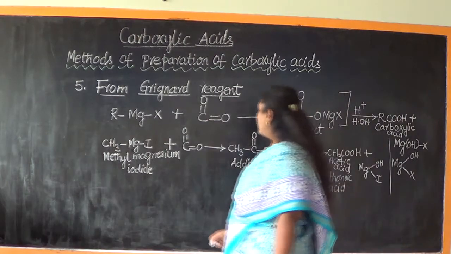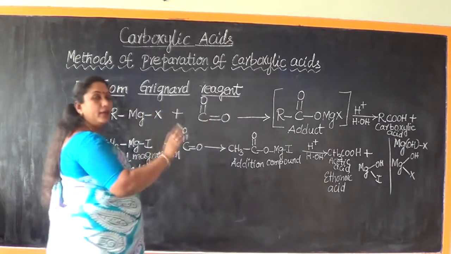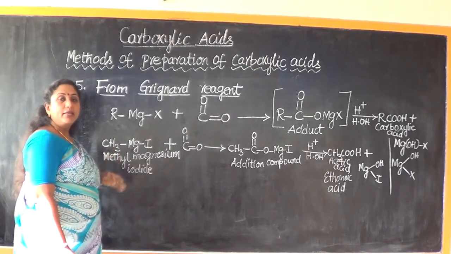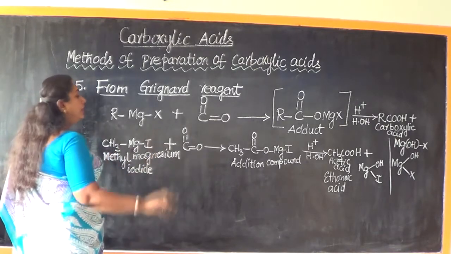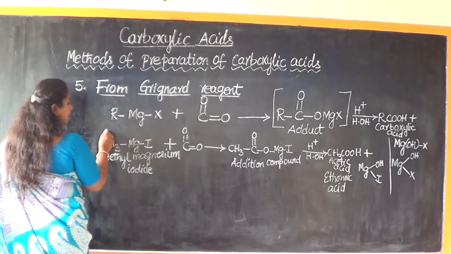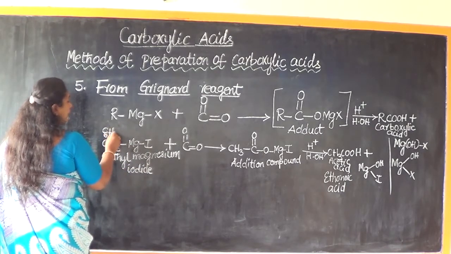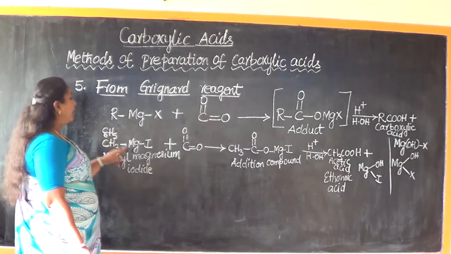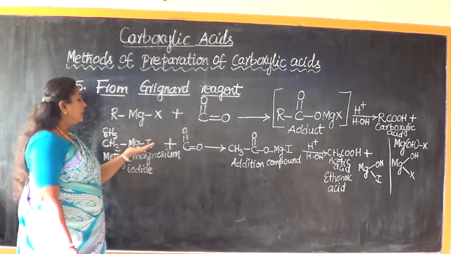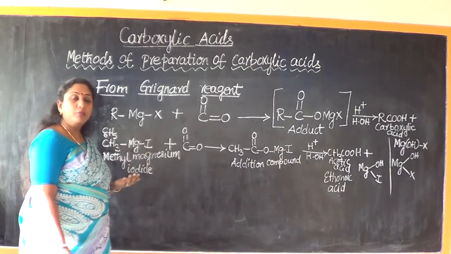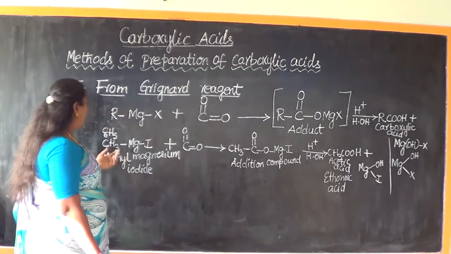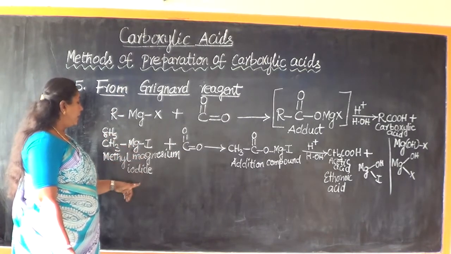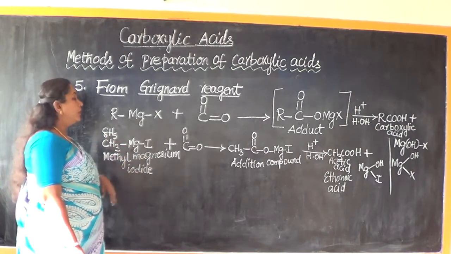Now, this is with respect to an aliphatic chain. Supposing instead of methyl group, if we take a phenyl group, everything will be the same. Now I will make a small change here. Instead of CH3, it is going to be C6H5 MgI as it is. Or instead of iodide, you can take any other halogen, maybe chloride, maybe bromide. Now let me just retain the same. Therefore, what will be the name of that compound? Phenyl magnesium iodide. Instead of methyl, it is going to be phenyl.